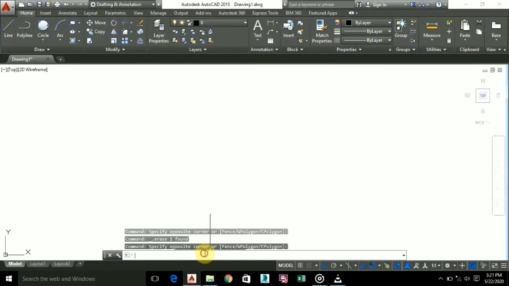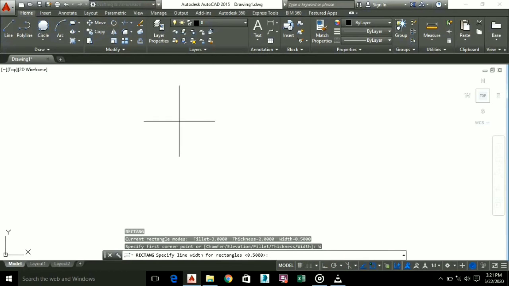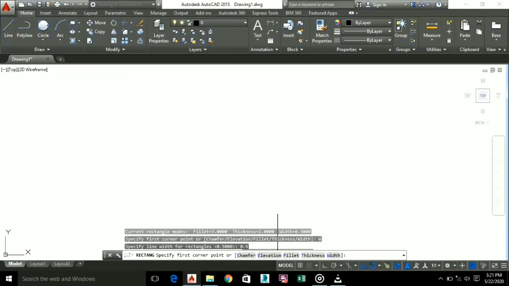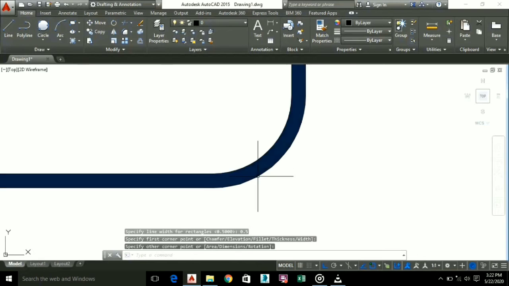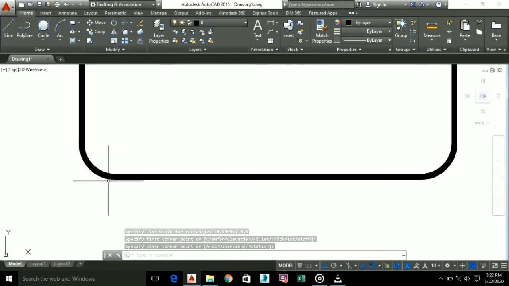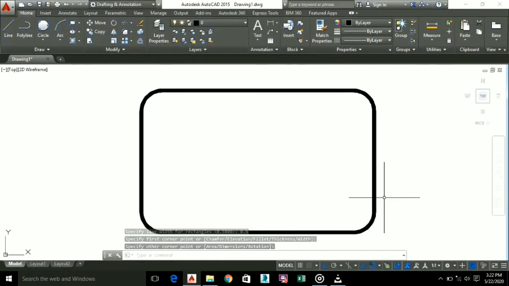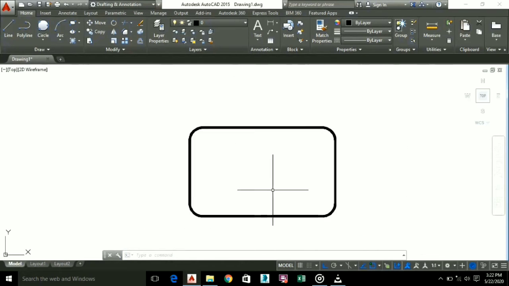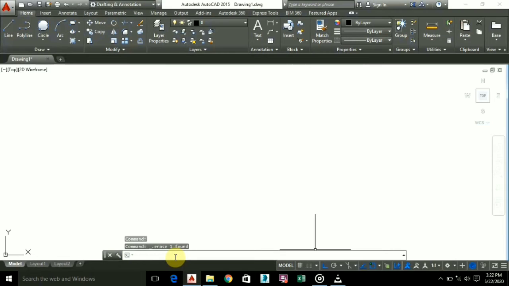Okay, so again go to rectangle. Now I go to the width, just click on width, and suppose I enter 0.5 and create this. You can see my rectangle is created with some width. So if you want to increase or decrease the width, you can do it by entering the values which you want. So I'll just delete it and again go to the rectangle command,